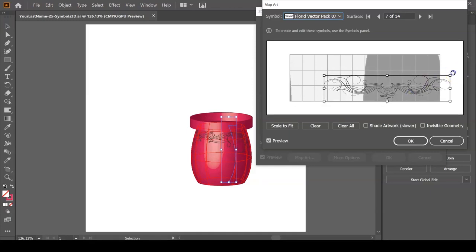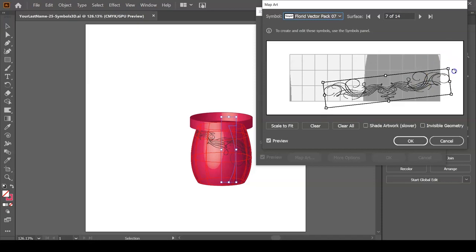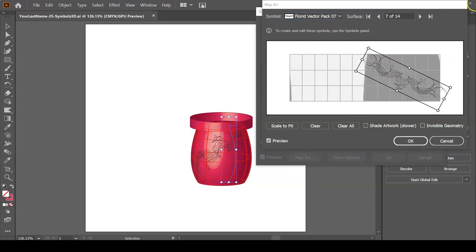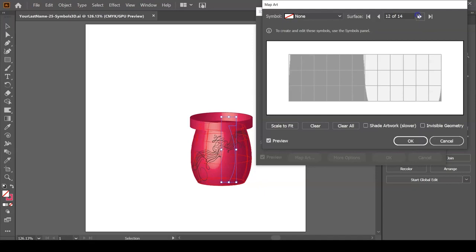I can rotate. So you can apply one symbol per side, and if you wanted to remove them, you would have to go